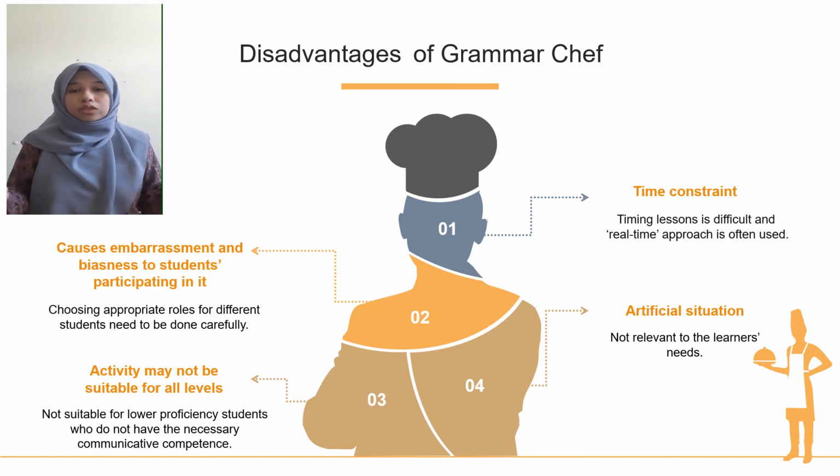The fourth disadvantage is that it has an artificial situation. Even though the aim of role play and simulation activities is actually to bring out so much authenticity to be presented to the audience, it can also become so artificial to the point where the needs of the students are neglected. This is because it is no longer relevant. This could happen when the students only speak for the sake of speaking, and the learners' reactions are very different. Some learners react very genuinely in their appropriate roles, but some become more mechanical.